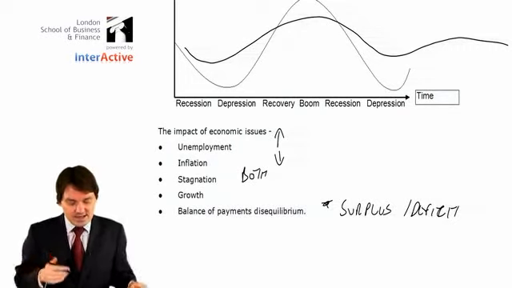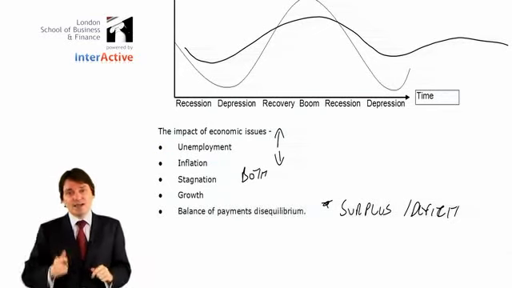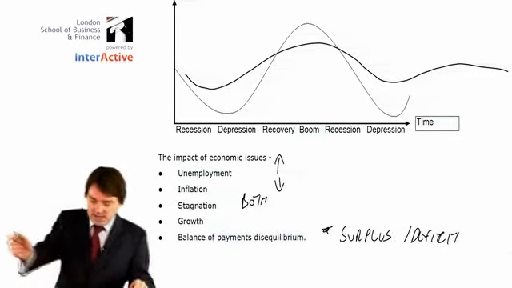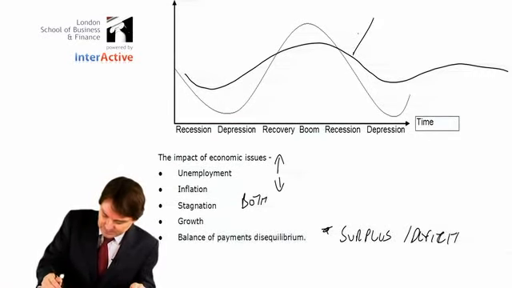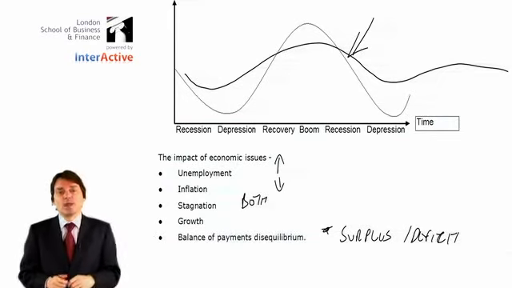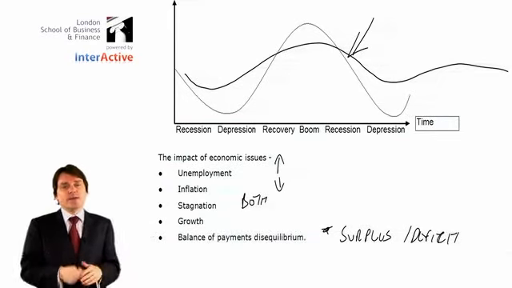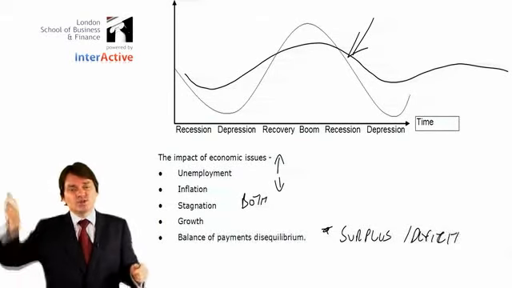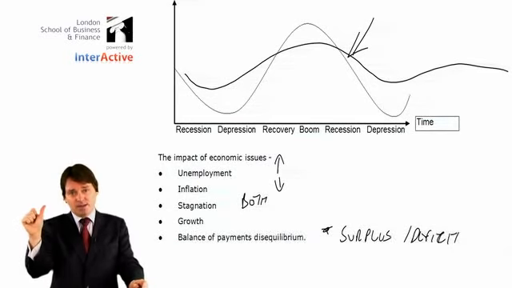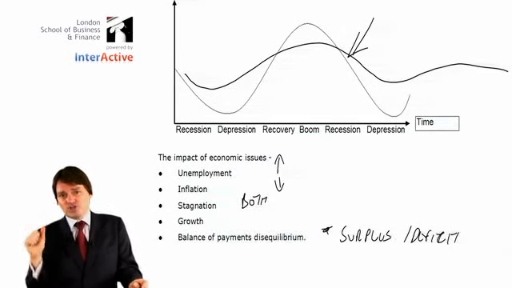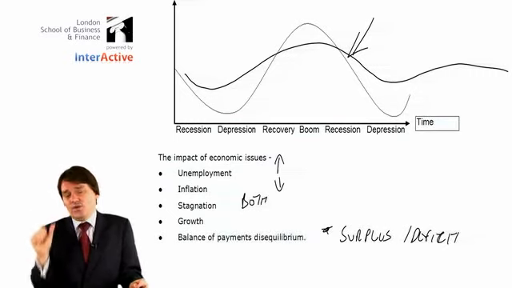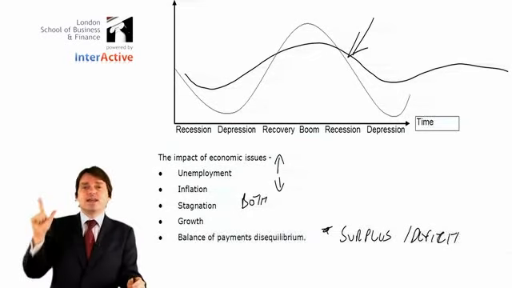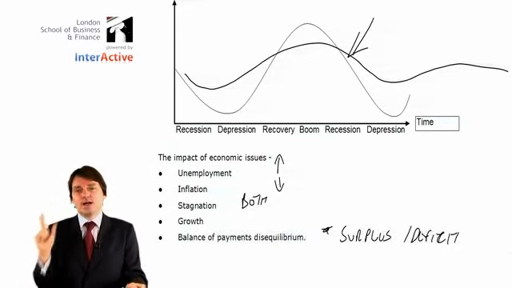So the idea then is the company, in an exam, a company needs to be aware of where we are in the macroeconomic cycle. For example, if we are at that point there has been a boom, we are going into recession. The company has to plan ahead. Things are going to get worse. It will get harder to borrow money. So if you've got any long-term projects that you are thinking about doing, getting the finance is going to become more difficult. So you may have to put things off. It is going to get harder to get and to keep customers.